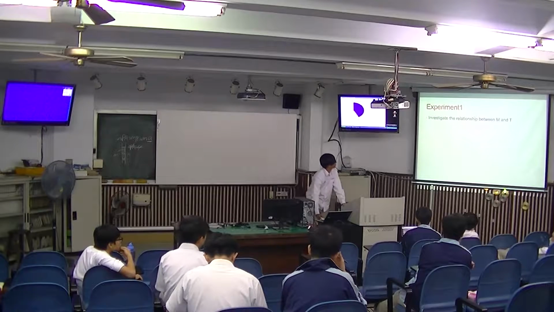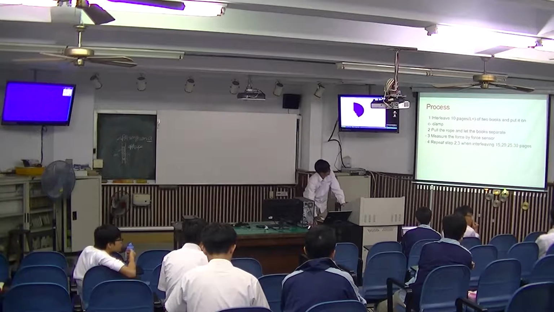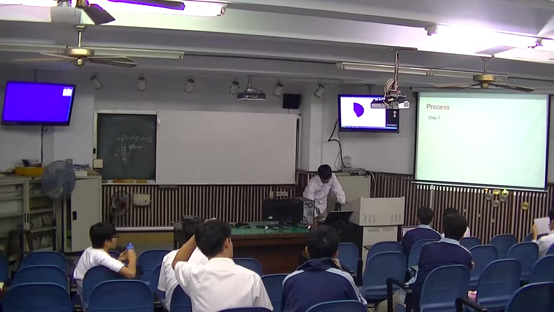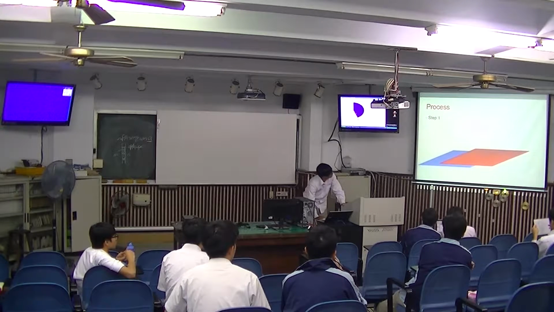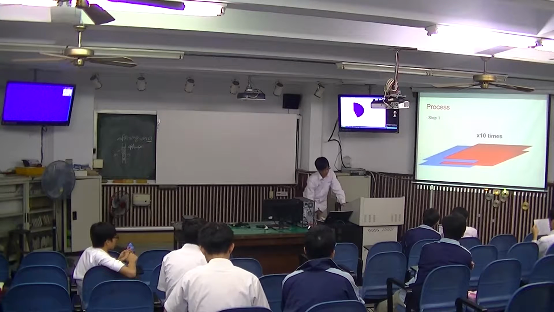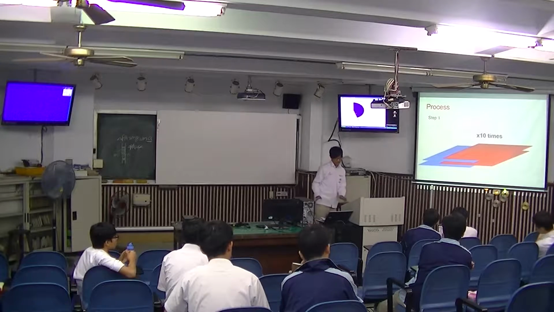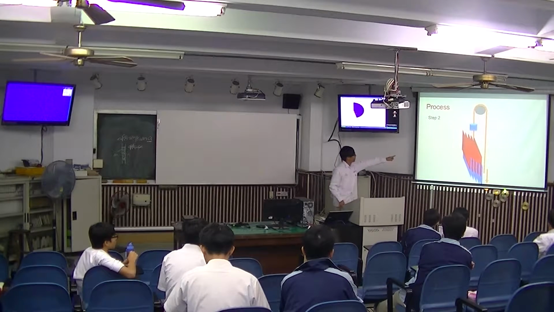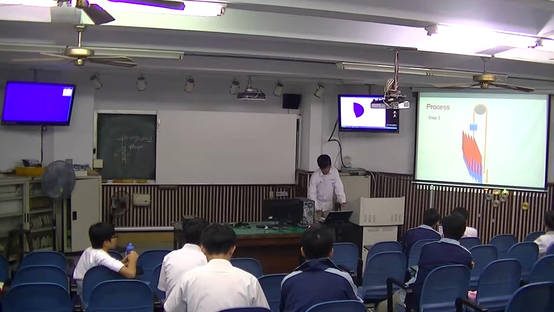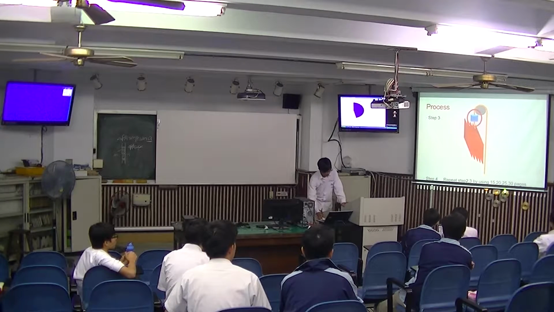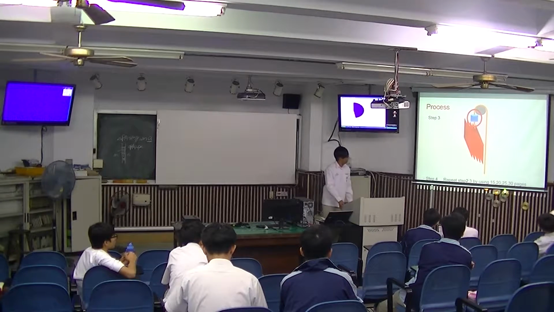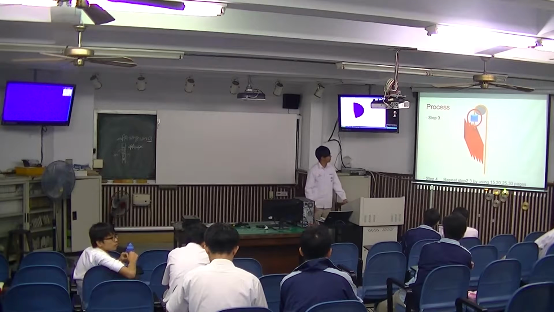In experiment 1, we want to investigate the relationship between M and T. This is the process, and I'm going to show you some pictures to show how we do this experiment. So we interleave the 2 books with 10 pages, and we put them on the rope, and we want to separate them. The one on the top, the blue part, is the force sensor, and we use the force sensor to detect the force that